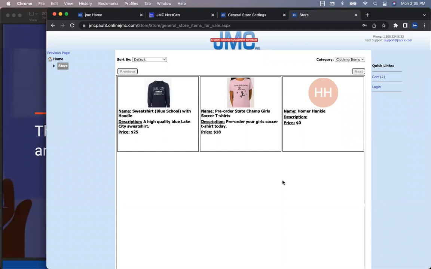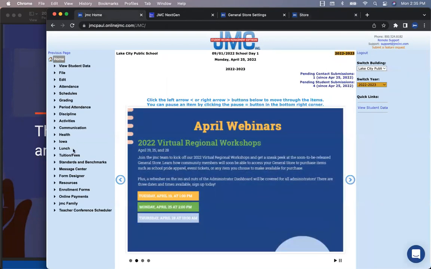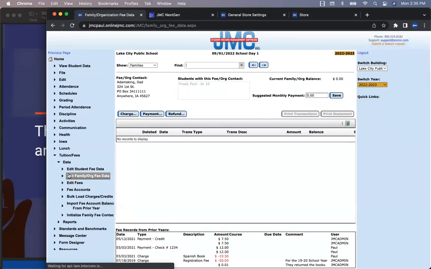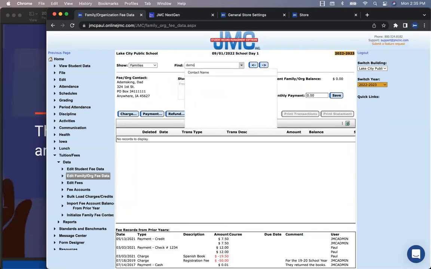Could fees for field trips, lost computers, etc., be paid through this? So, if you want to jump in here on this, Paul, I think I can take a stab at this. The tuition and fees module would probably be best for a lot of that sort of stuff, field trips, lost computers, that sort of thing. The fees that you would be issuing to families, specific families. I think the online general store would be best to those items that you're going to open up to your community as a whole, even folks that are not a part of your